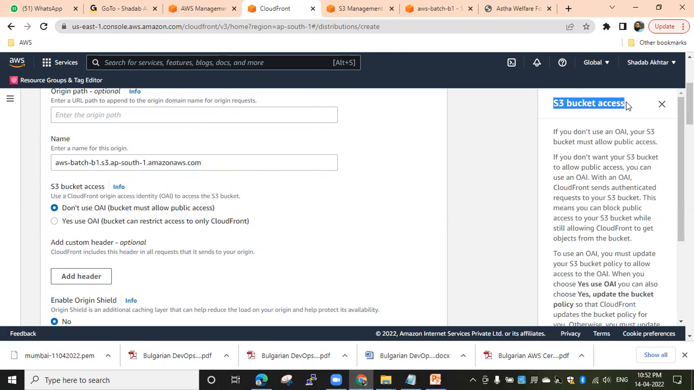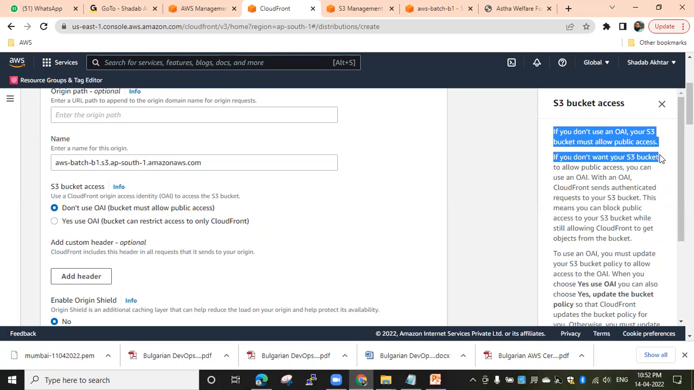S3 bucket access. If you don't use OAI, origin access identity, yes. So if you don't use origin access identity, your S3 bucket must allow public access. If you don't want your S3 bucket to allow public access, you can use OAI. With OAI, CloudFront